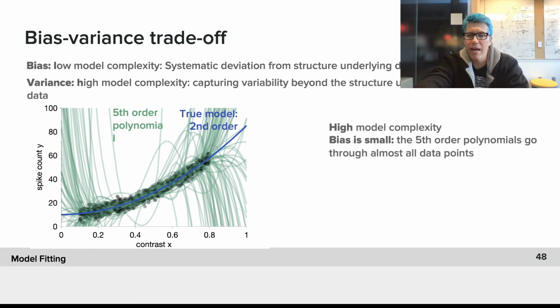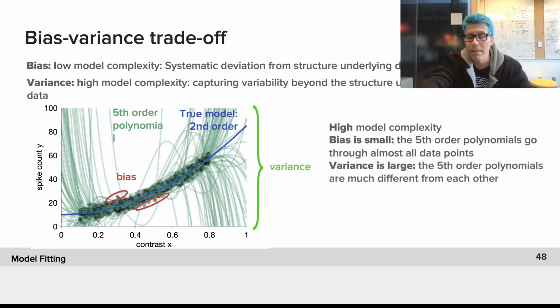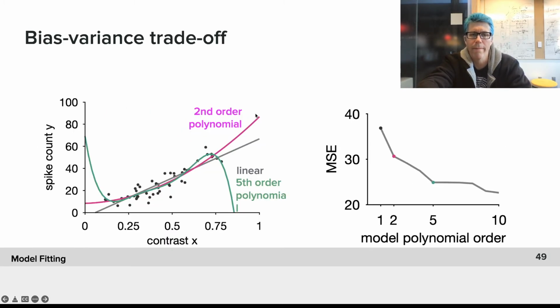So in the case of high model complexity, the bias is small. The model is really good at basically getting that there is this structure here. But it goes through almost all data points, so it's very close. But the variance is really large, in particular outside of that distribution. And so you can say